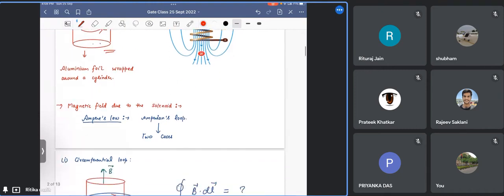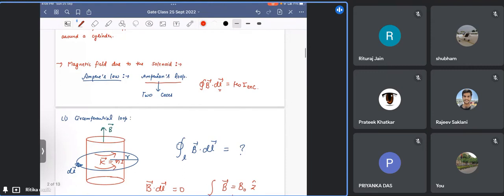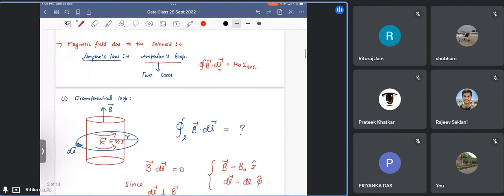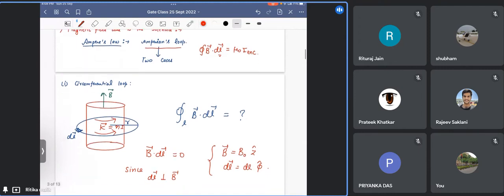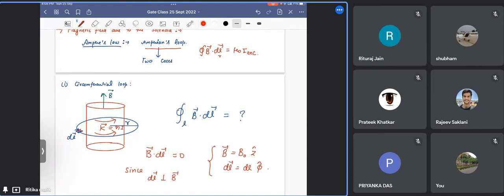But to apply Ampere's law, we have to calculate this integral: closed integral of B dot dl vector equals mu naught I enclosed. So we have to consider an Ampere loop along which we will take our dl vectors. So we have two cases here. We can consider the Ampere loop as symmetry permits us in the circumferential direction, or we will take it in another direction. But if you take the Ampere loop in the circumferential direction, then your dl vector will be along